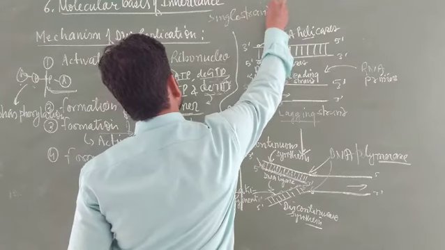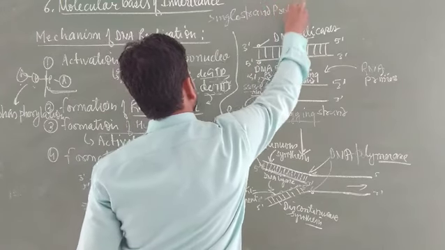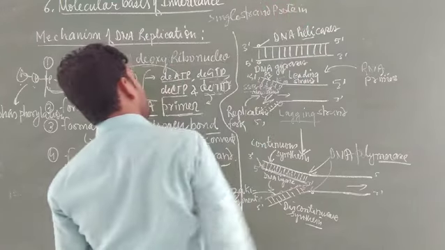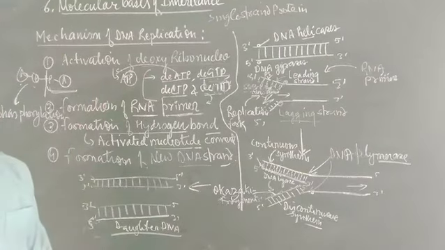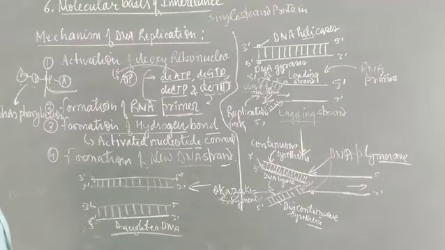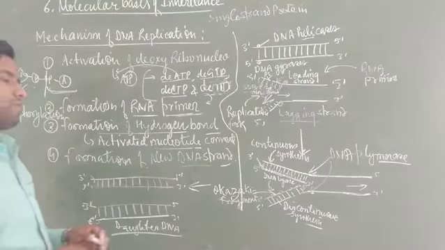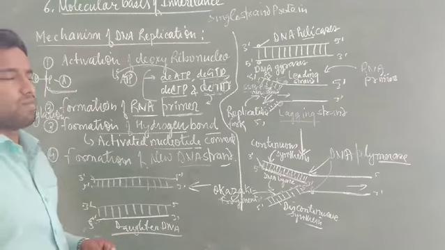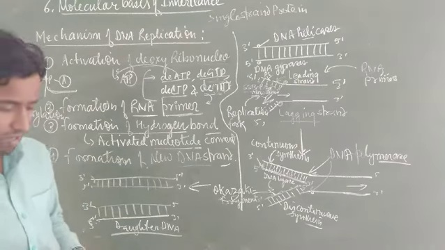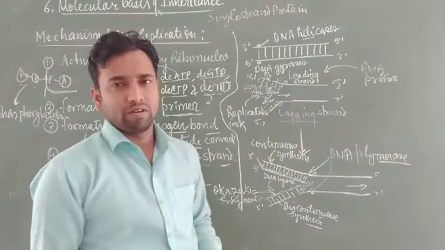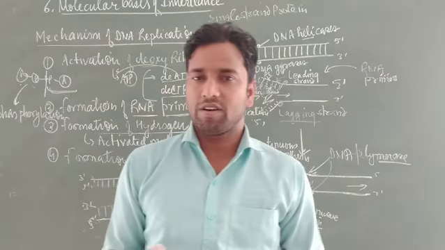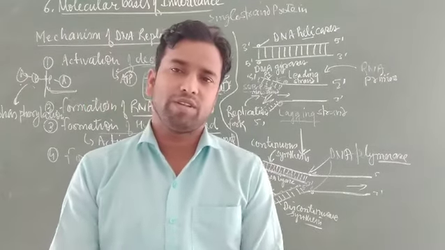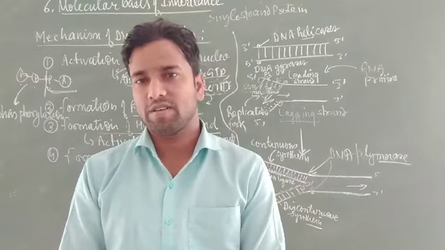This especially helps in maintaining the single strands. So this one is basically the difference. And what is the point of replication in eukaryotes? Eukaryotic DNA has multiple origins of replication, but in prokaryotes multiple sites of replication are not found, only a single point of origin where the replication takes place.